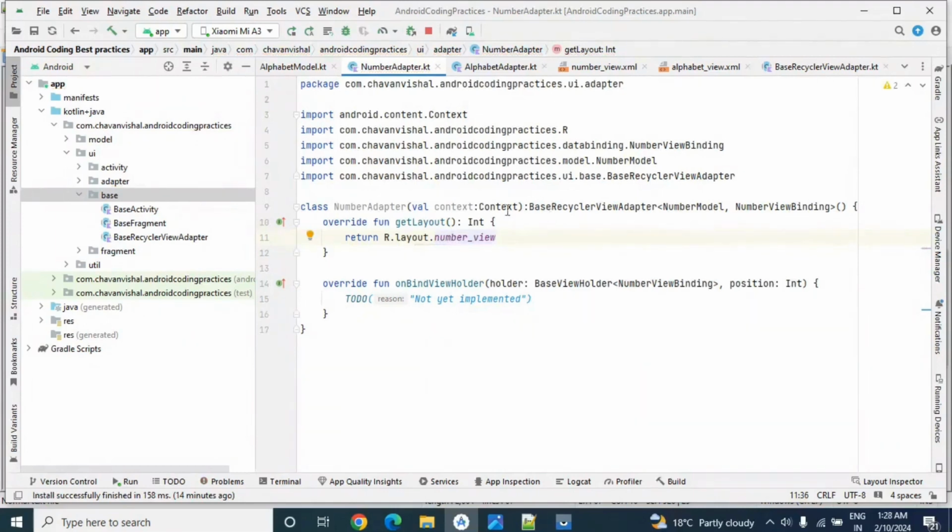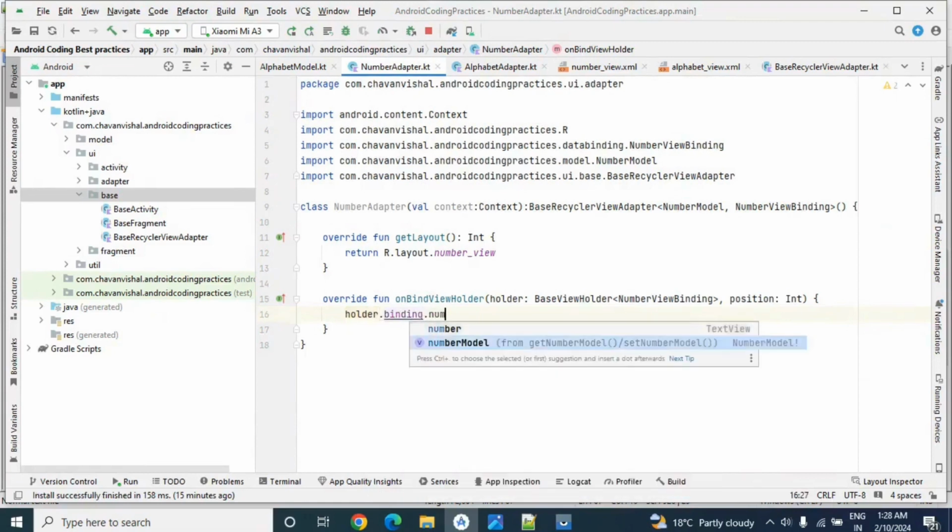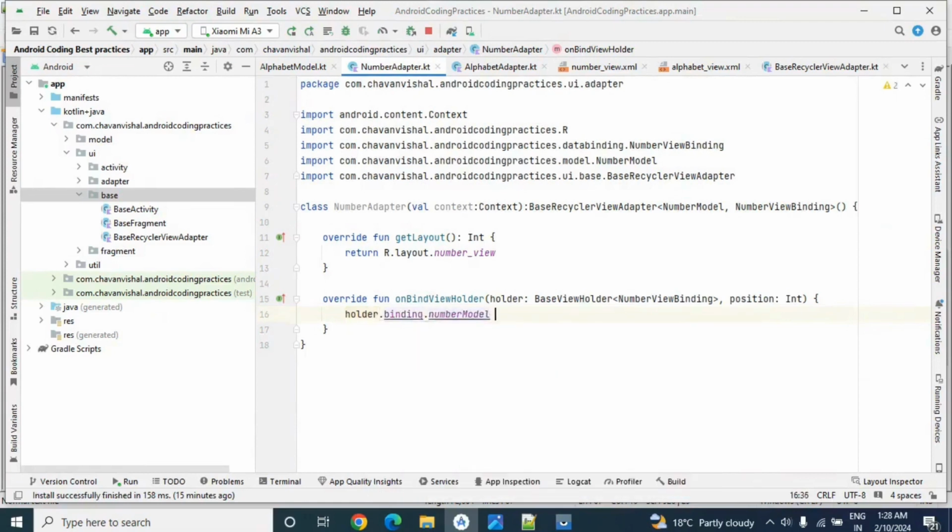So we have passed the XML from here. Now let's move to our onBindViewHolder. In onBindViewHolder, let's set the data: holder dot binding dot numberModel is equal to listItems of position.